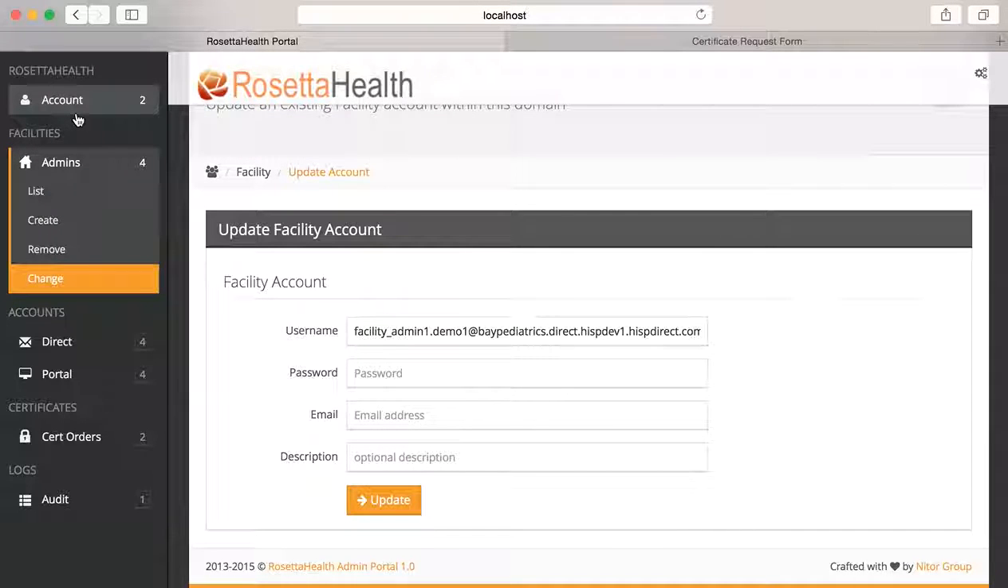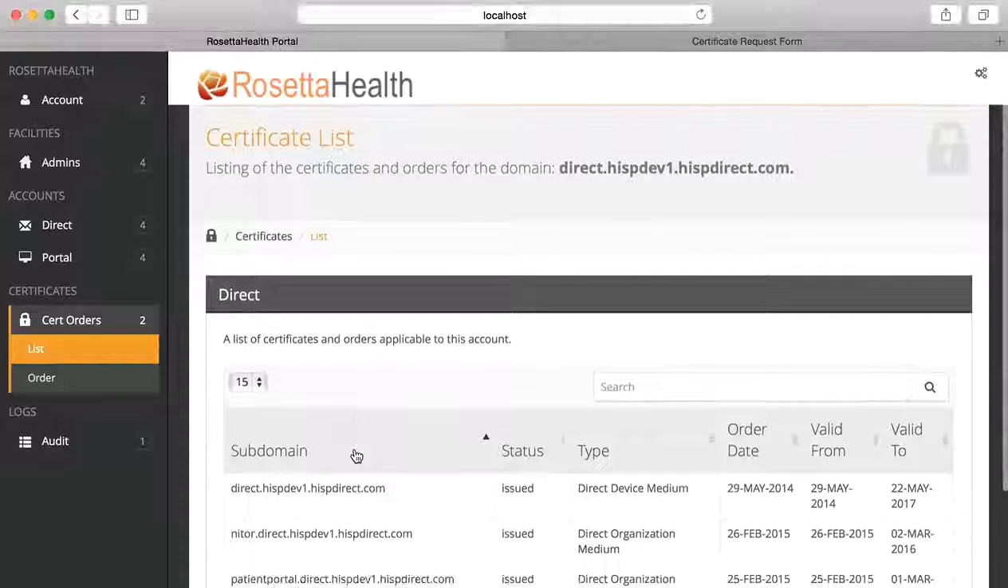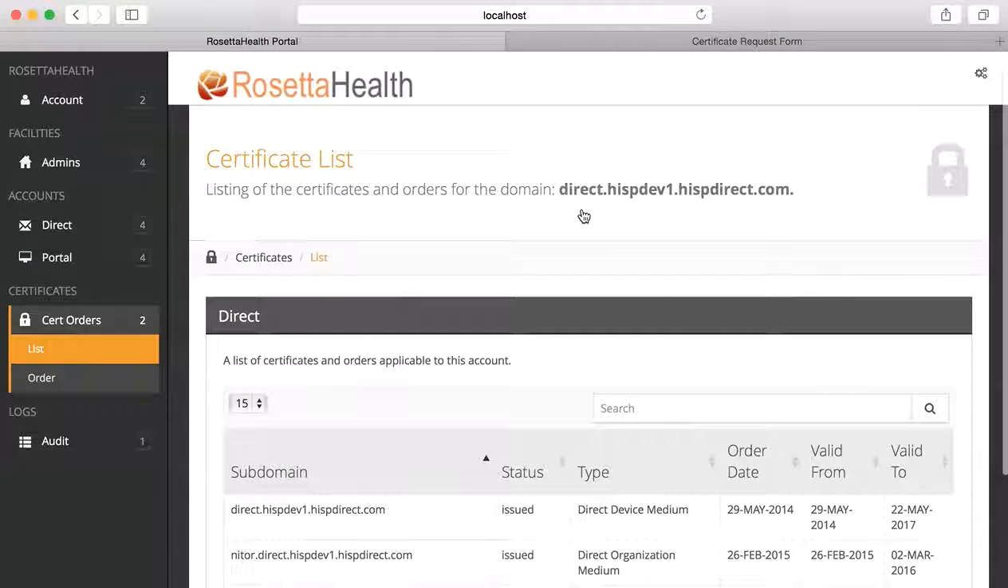The last major functional place is certificates. So you want to take a look and manage your certificates. You can see the list of your current certificates. It's going to tell you what domain or subdomain you're responsible for. Because I logged in as the domain admin, I have everything under this domain, direct HISPDev1, HISPDirect.com. This is a development area. That's why it looks so long. Normally that would be something like